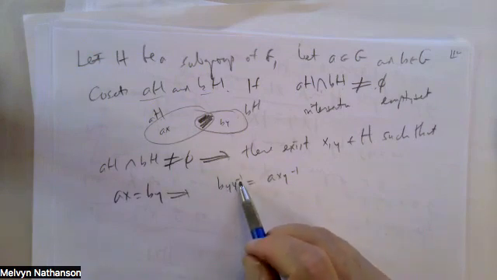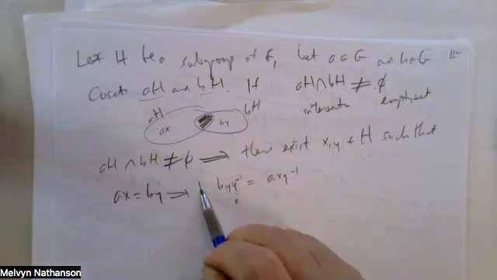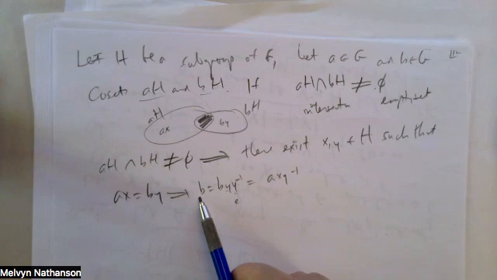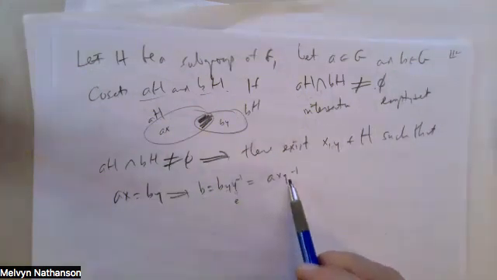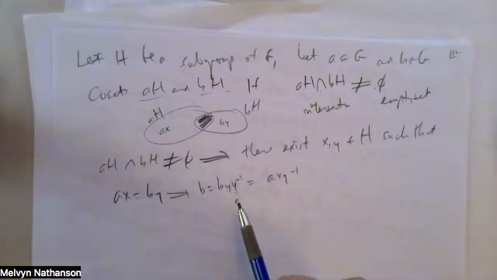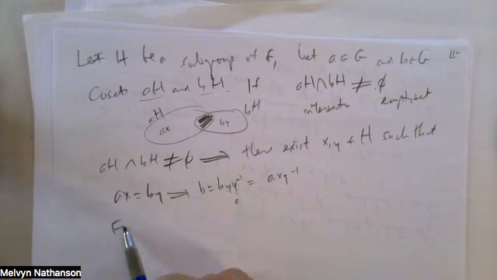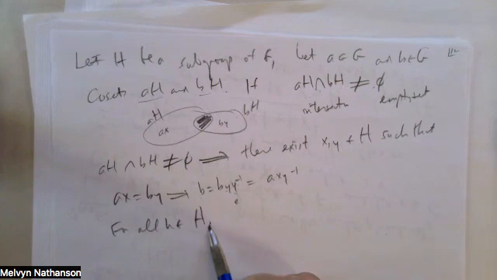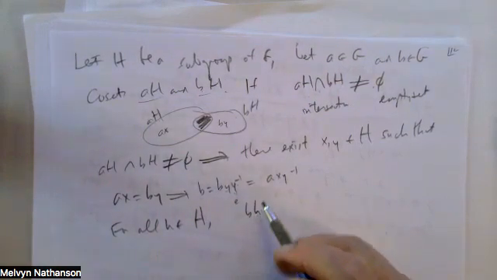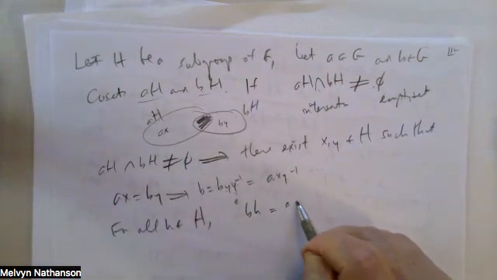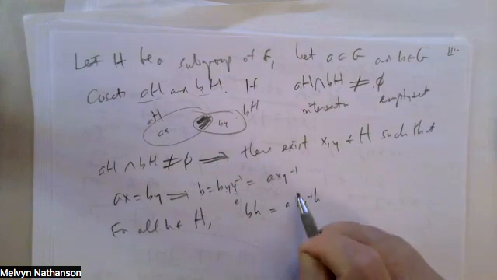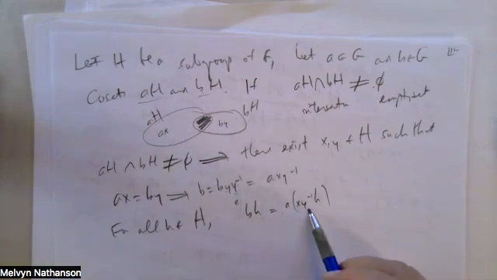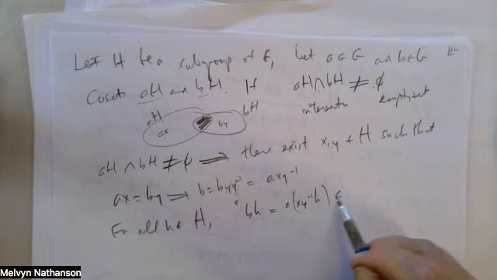But y times y inverse is the identity, so that's B. So then B is A times x y inverse. So for all h in the subgroup H, B times h is A x y inverse h. That's A times x y inverse. This is some element